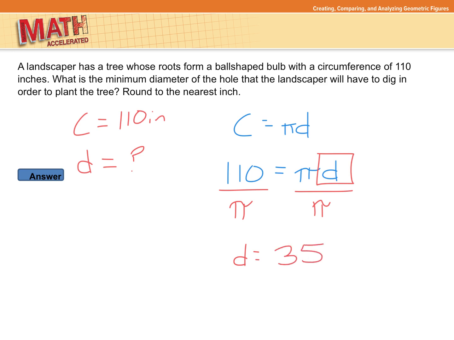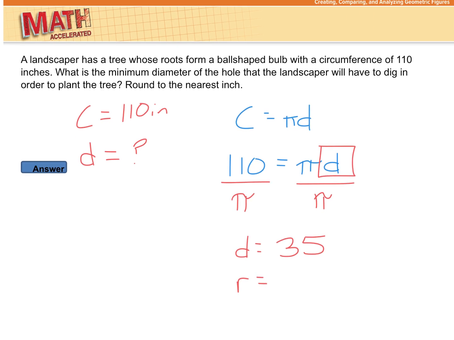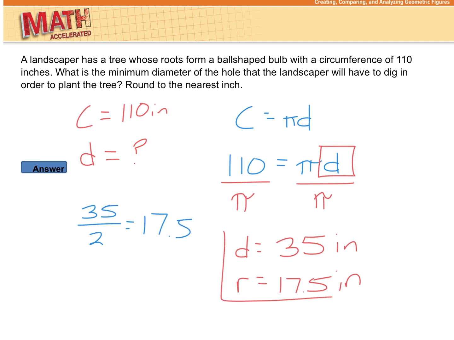It is 35. I know it didn't ask for it, but sometimes it will ask for both. How do I find the radius from that? Divide by 2. Yep, 35 divided by 2, which is 17.5. And then what do I label both of those? Inches. Not squared. It's only squared if we're looking for area. What were we looking